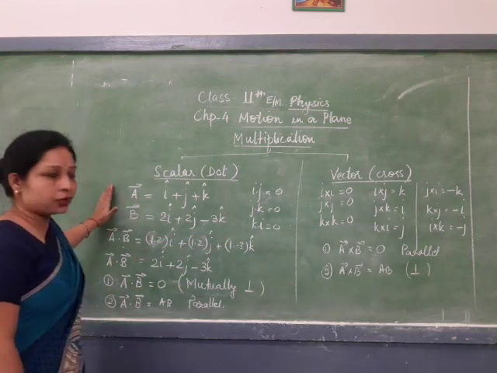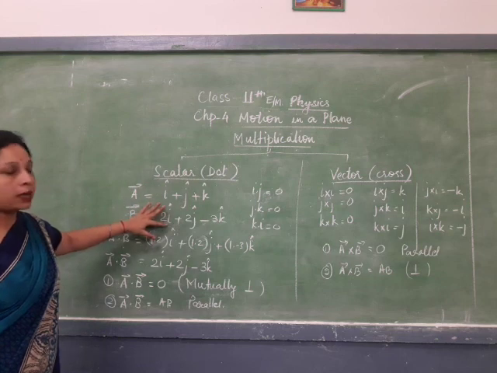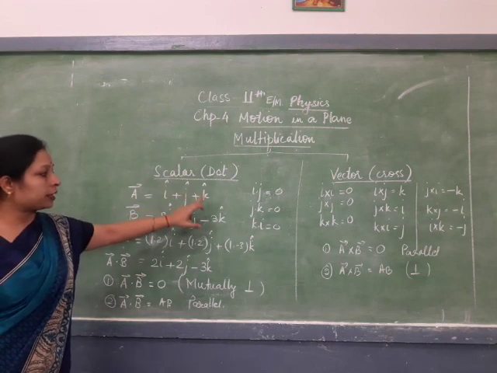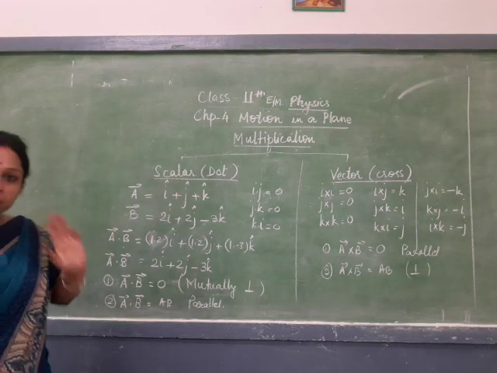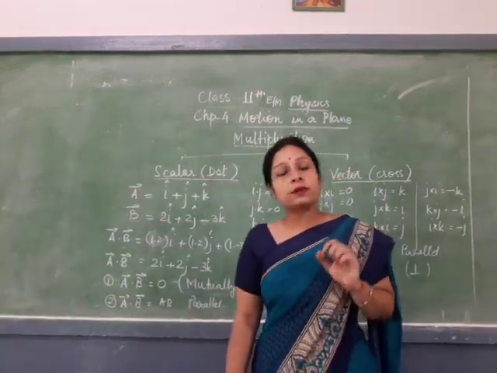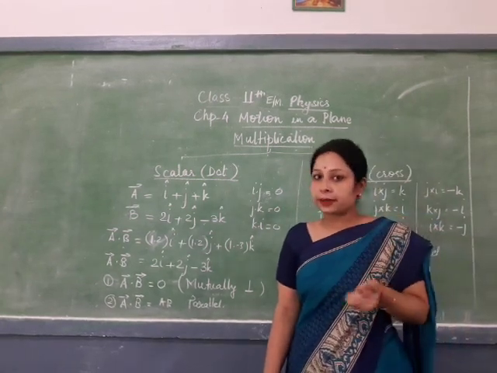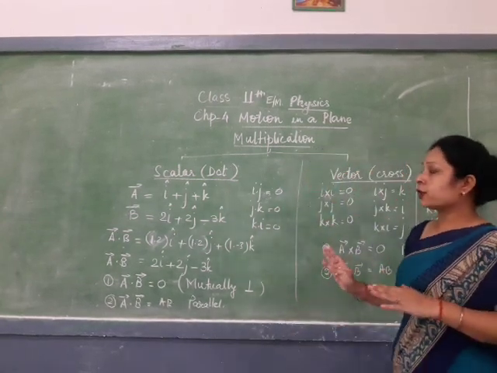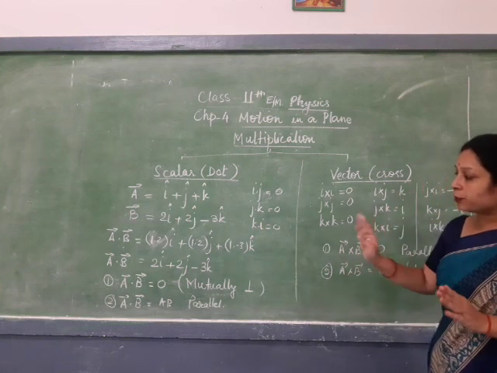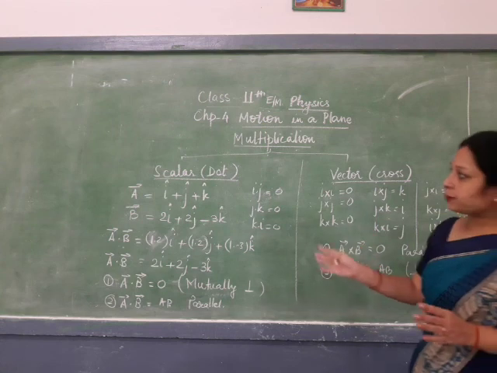This is just a general theory for the scalar product: i dot i, j dot j and k dot k. Three vectors always, because in motion in a plane you always consider all the three axes X, Y and Z. In your next video, I am going to explain with the help of an example, with the help of two concepts, one with the scalar